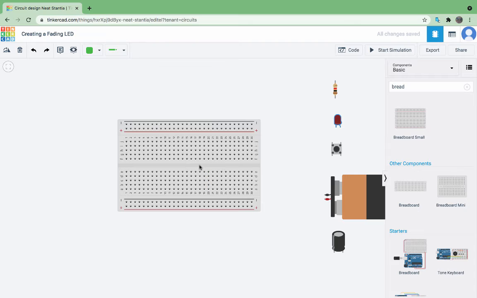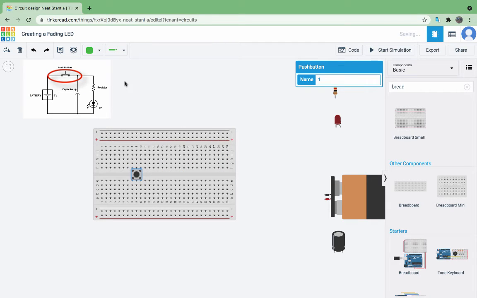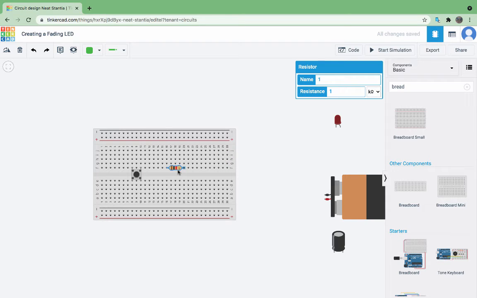All right, let's start to build the circuit as we saw it in the diagram. Now, interpreting this requires a little bit more than just putting things in the same spot. I'll start by placing my push button. My LED I will need to rotate, and I will place that over here. I'm going to need my capacitor. I will put it right here,